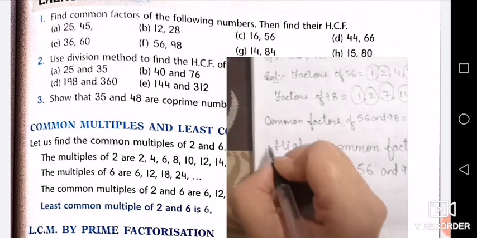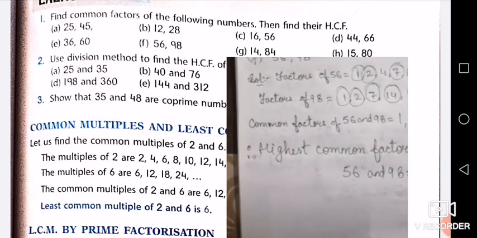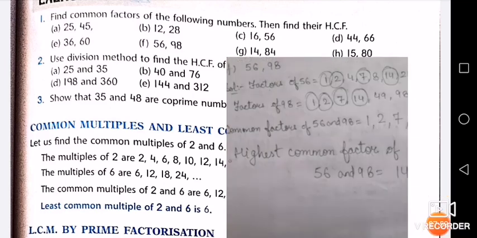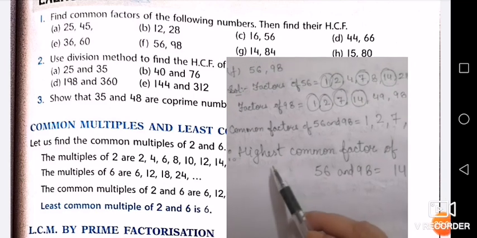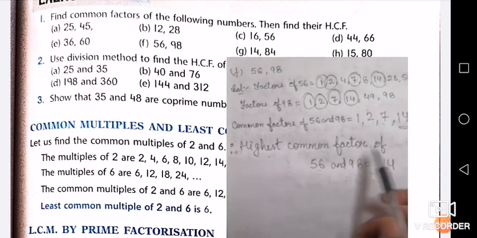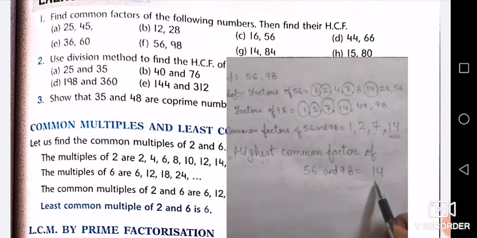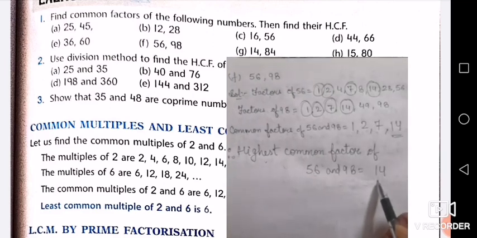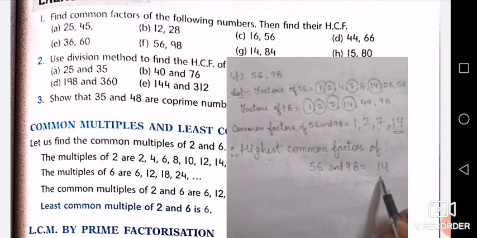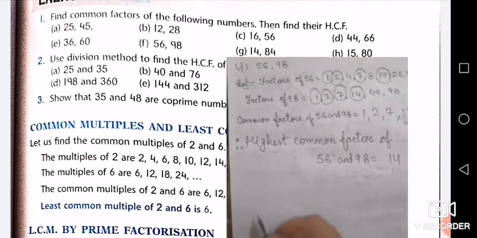So this will be your answer. HCF, or highest common factor, of 56 and 98 is 14. Fine. Okay, now we'll move to the G part,